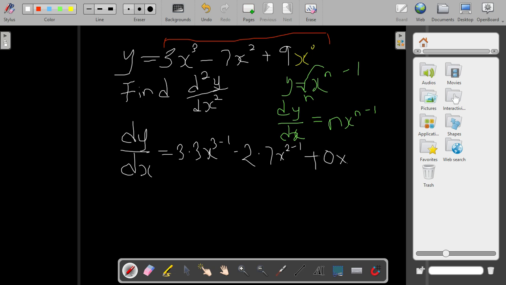x to the power 0 minus 1. Because the whole 0 is multiplying 9x^(0 minus 1), that gives you 0 at that point. So that's why when you differentiate a constant, it is 0. So coming to this place, this will be 3 times 3, that's 9x